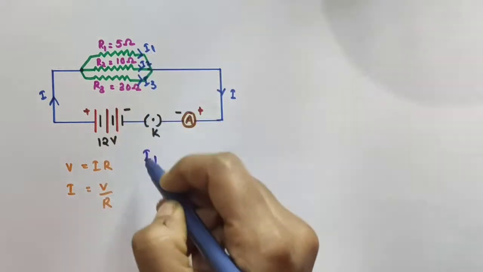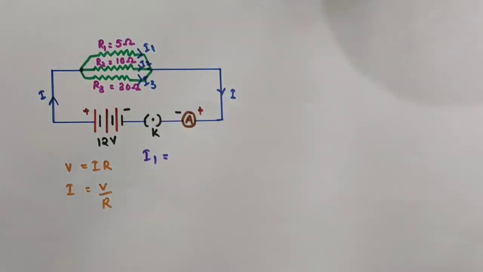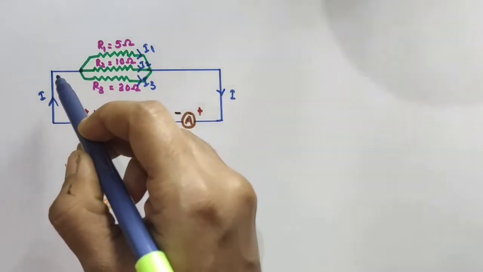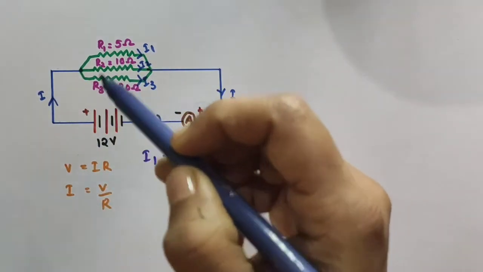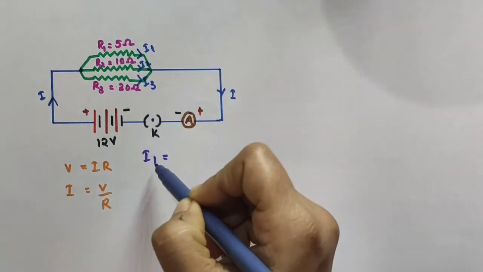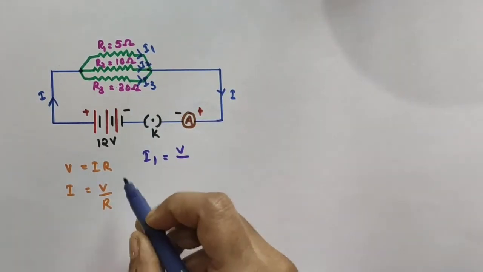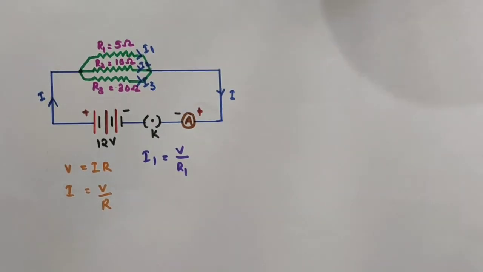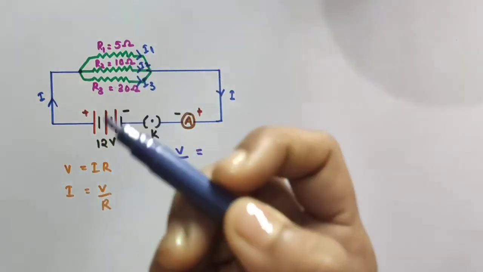For the first resistor, the current is I1, which is equal to V. It will be the same, no? The potential difference across the two terminals of the battery will be the same as the potential difference across the parallel combination of the 3 resistors, and that will be the same as the potential difference across each resistor. So the current through the first resistor is I1, which is equal to the potential difference across the first resistor, that is V itself, divided by the resistance of the first resistor, R1. So we get one equation like this: I1 is equal to V by R1, where I1 is the current through the first resistor, which is what we want to find out.